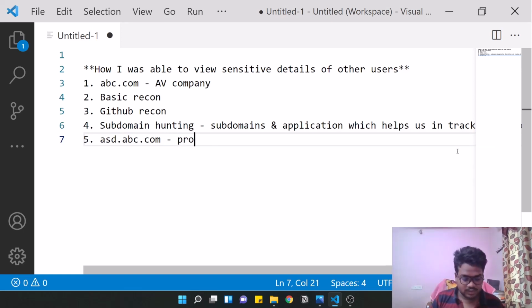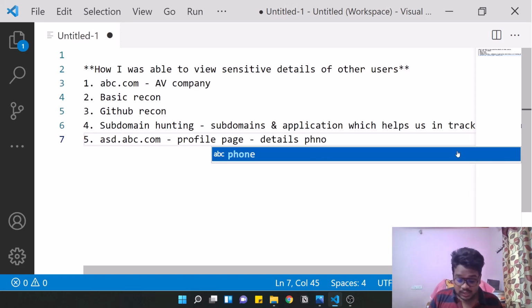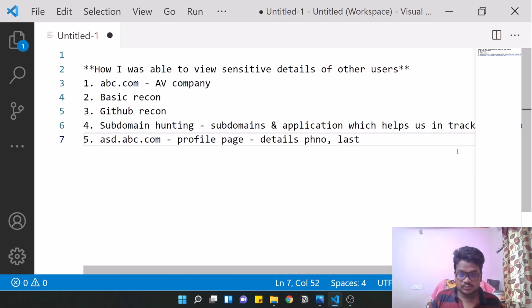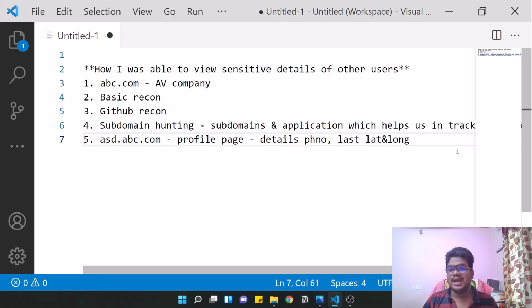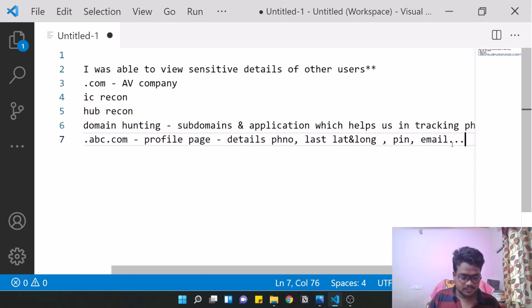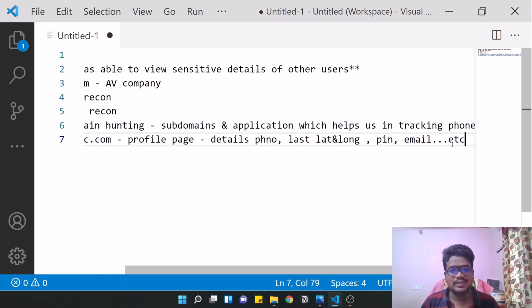On the profile page there were some sensitive details, like phone numbers, last latitude and longitude, which relate to the location. There is also something called a pin, a security pin for this track-my-phone application, and some emails and addresses as well.